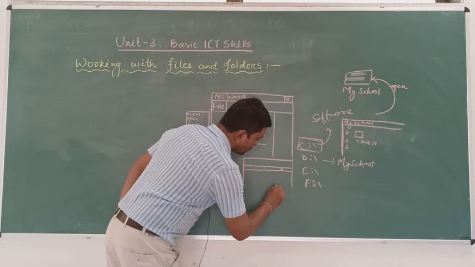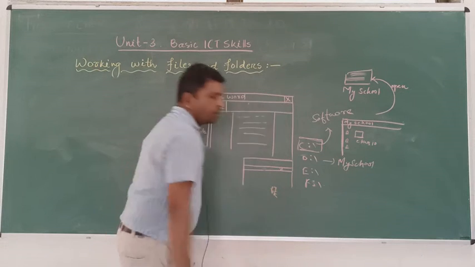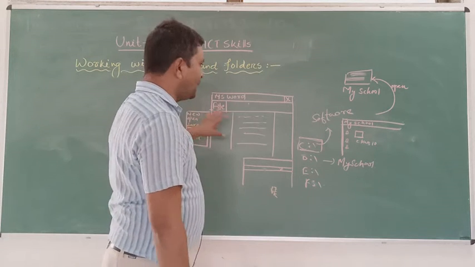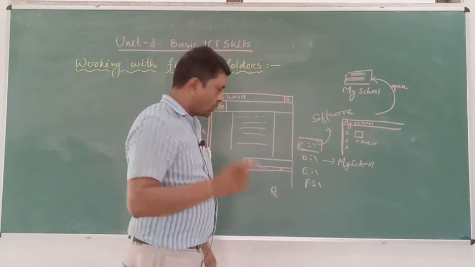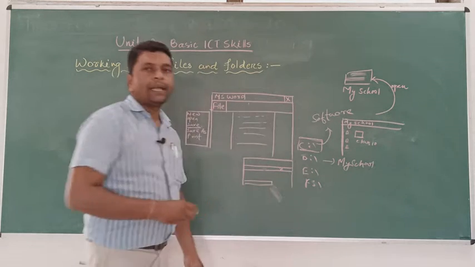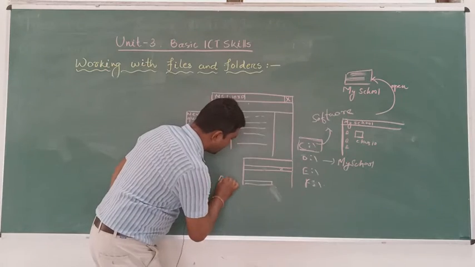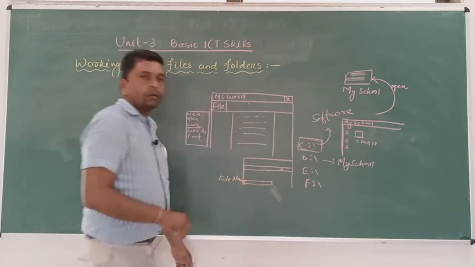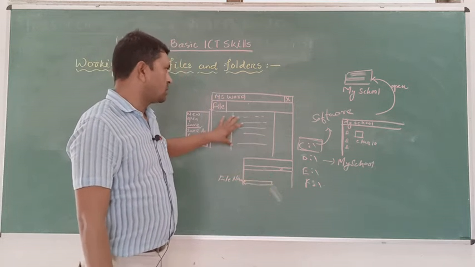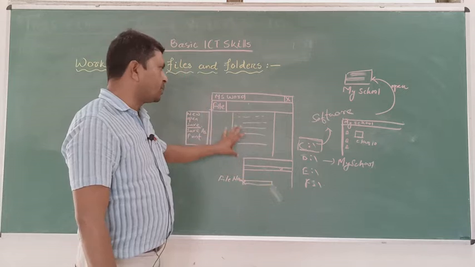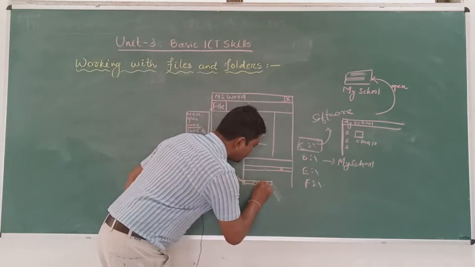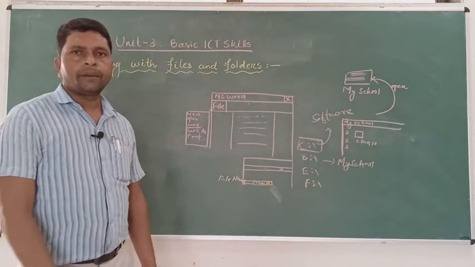After that, here one OK button is there and I have to select OK. Then my file is, and also, sorry, one more thing is there. I have to specify the name of the file. Here, file name. Here I have to name my file. I am creating a new file, so I have to give a name. I give it the name class 10.